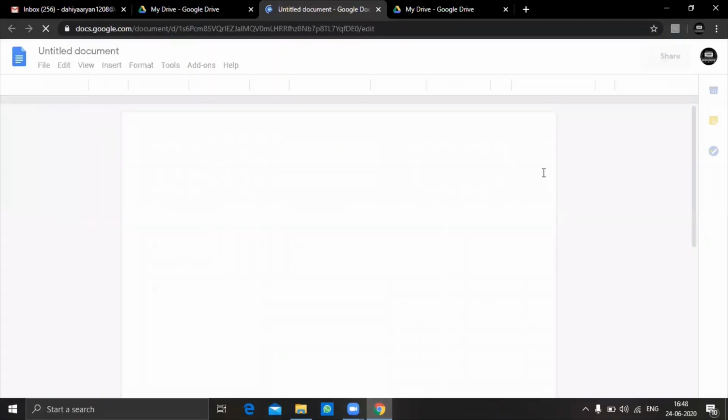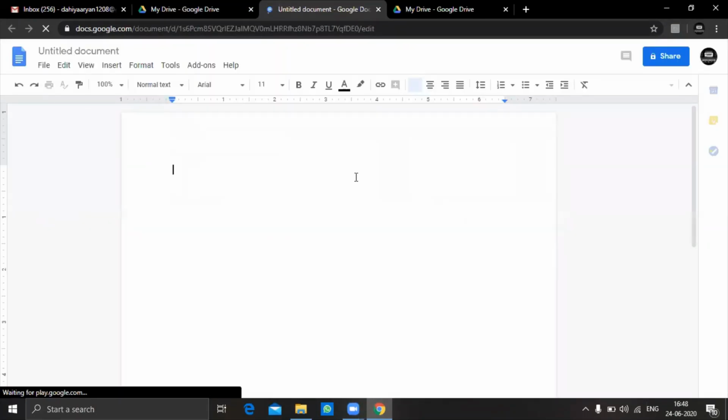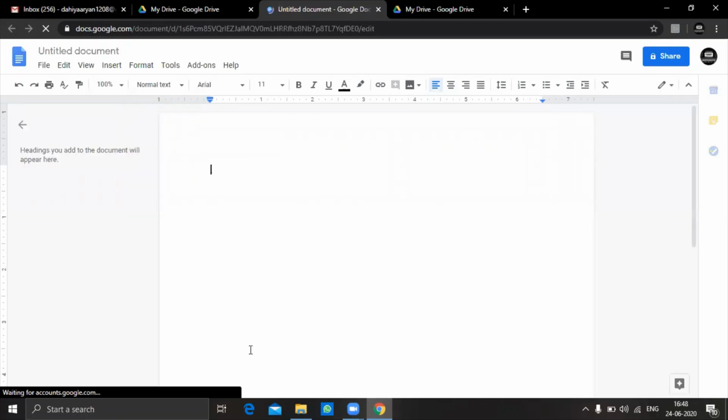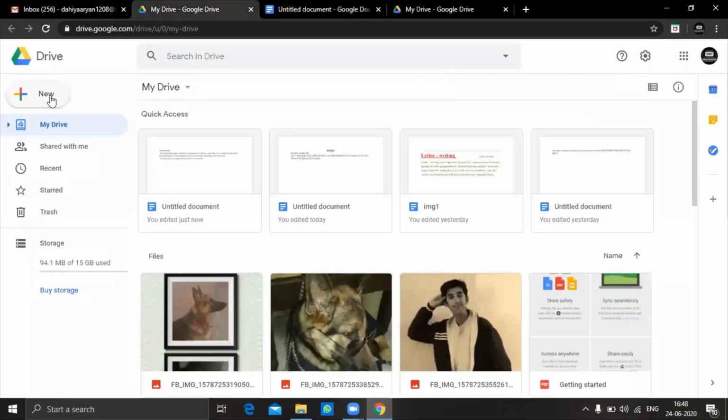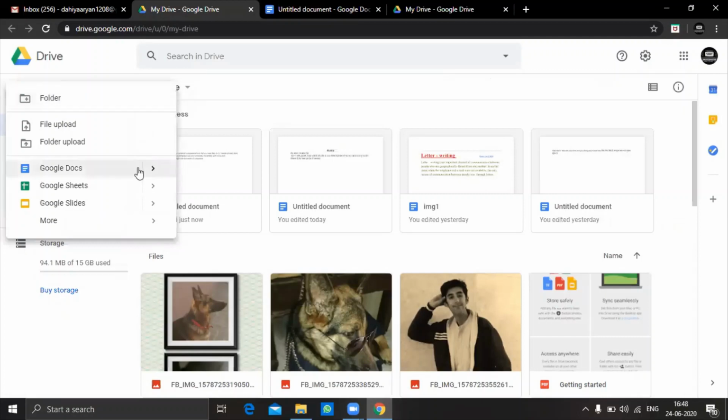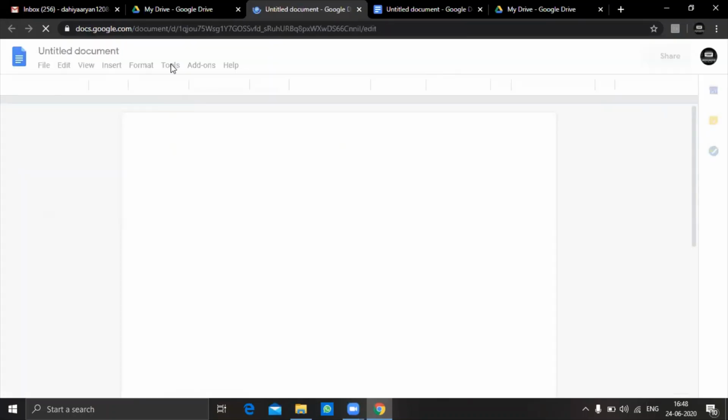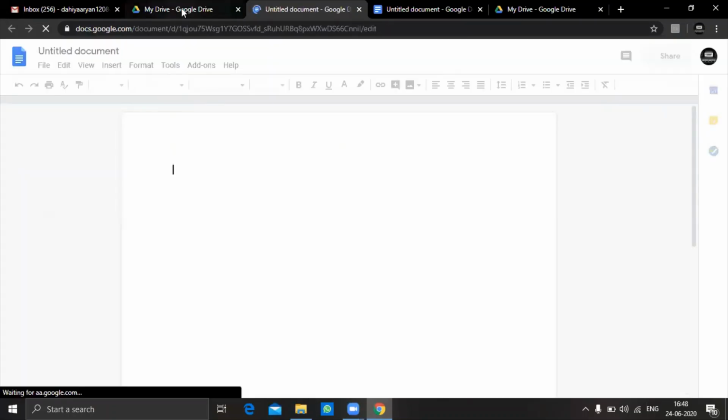Now it will create a blank document of Google Docs in your Drive. Clear? Or by this way you can select New and then Google Docs and then same option, blank document. Clear? You can choose any way, depends upon your choice.